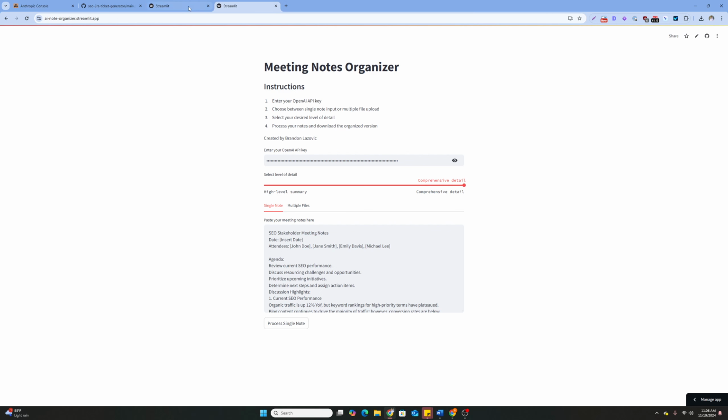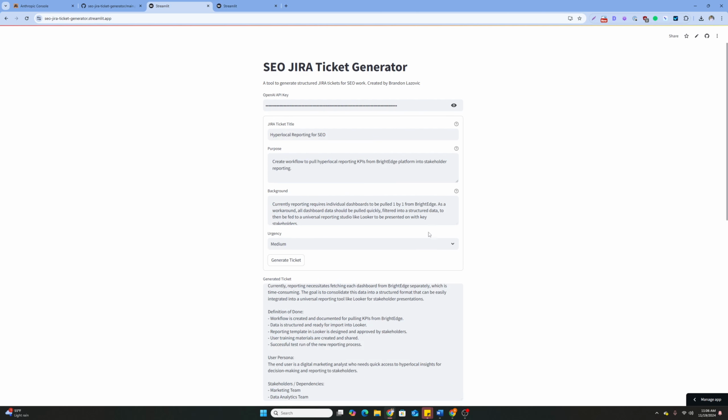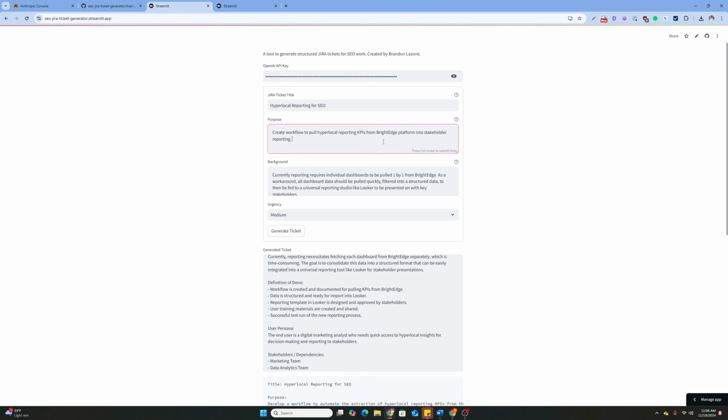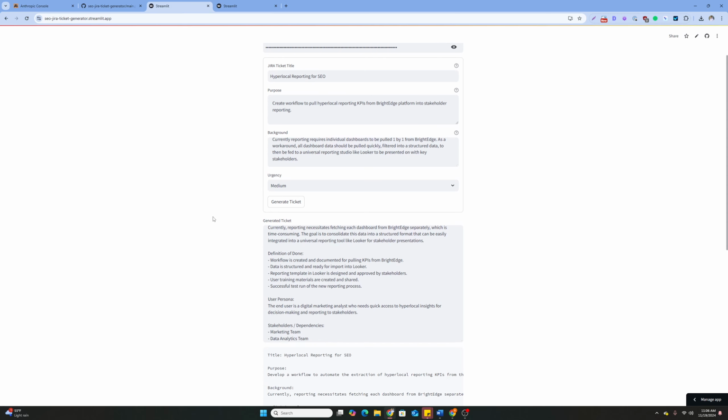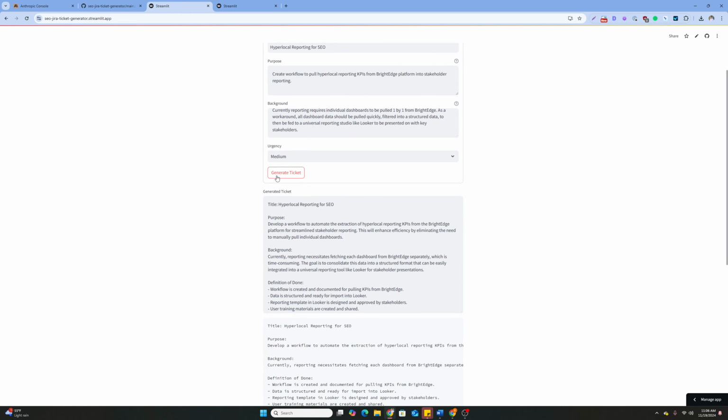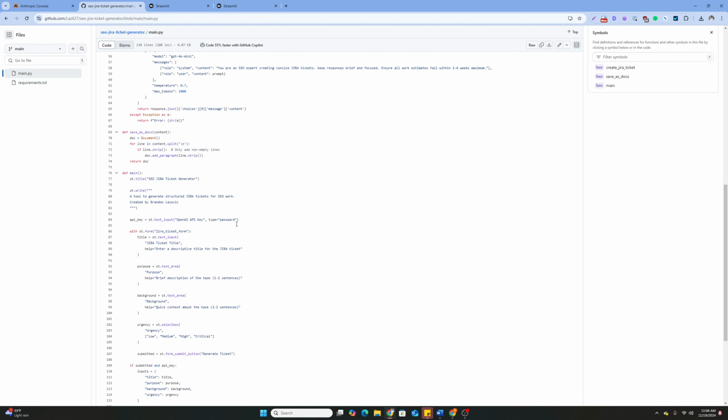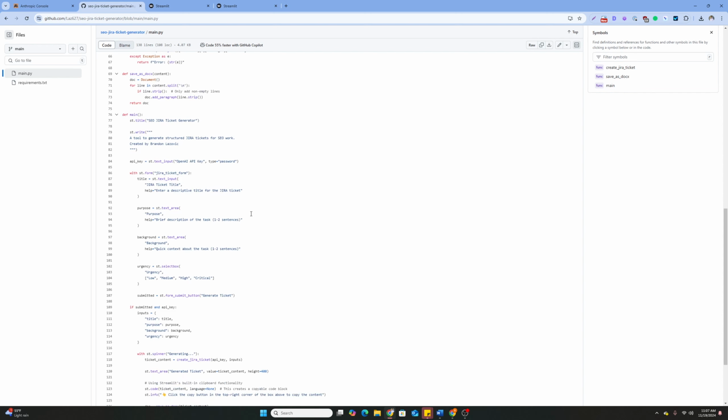The other time-saving tool that I built is this SEO JIRA ticket generator tool. What this does is, again, leverage OpenAI, and you can specify a title for your ticket, a quick 1 to 2 sentence blurb about what the purpose is, and then give some background context, again, 1 to 2, maybe 3 sentences at the most, and then denote the urgency of high, medium, low, or critical. And so what this does is it will pull from various prompts via this Python script,